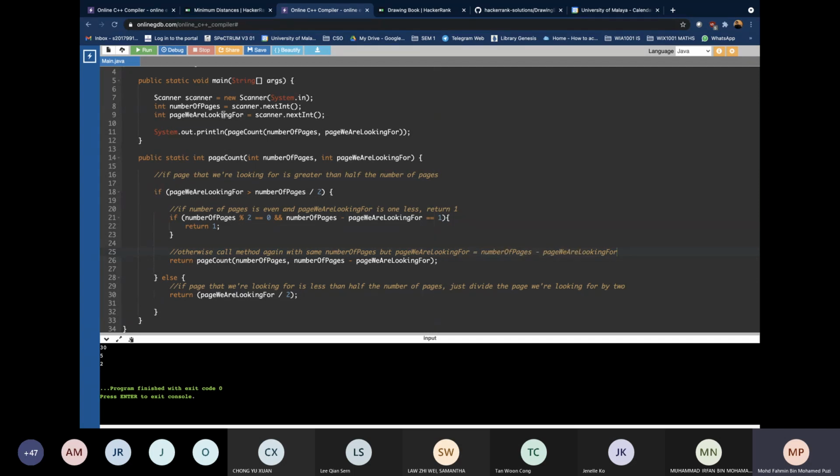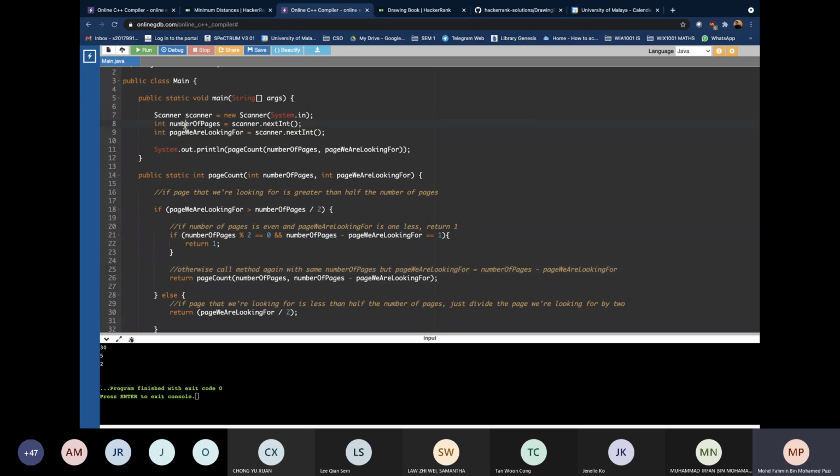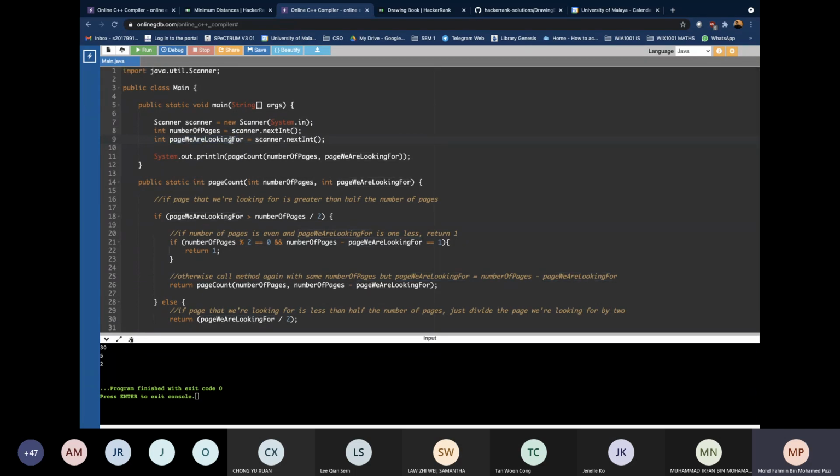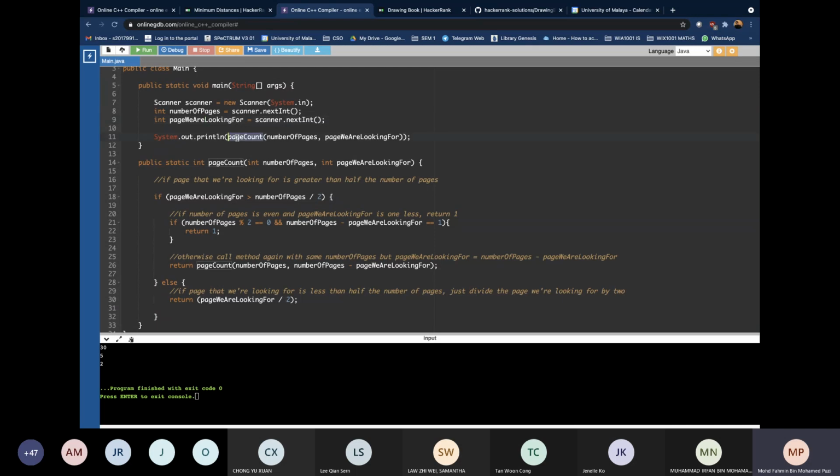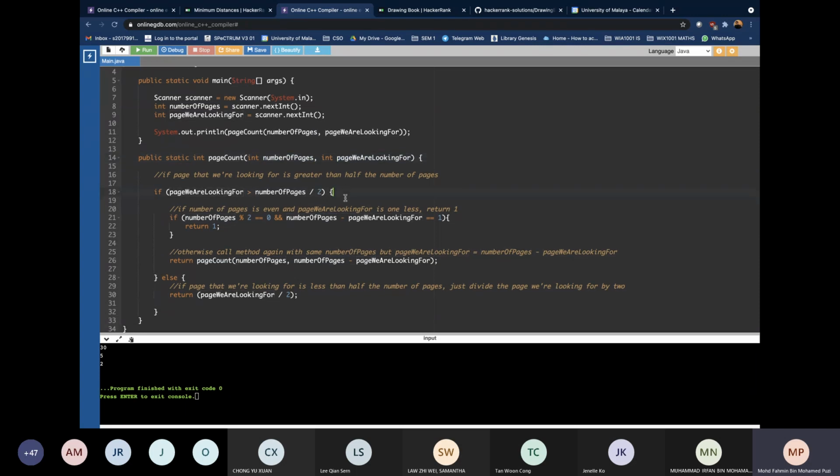So first we take an input from user. The first input will be the number of pages. The second input will be the page that we are looking for. Okay, so take input, and then we actually create another method for this. By using the two inputs that we have, we call this method with the number of pages, and then the page number that we are looking for. Okay, so how we do it is basically, let's say,